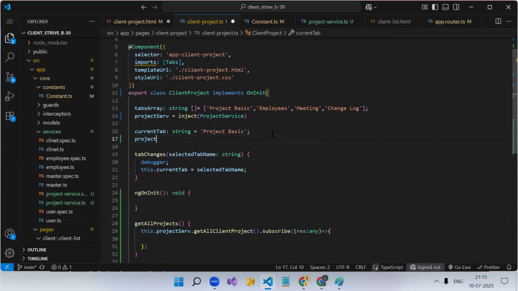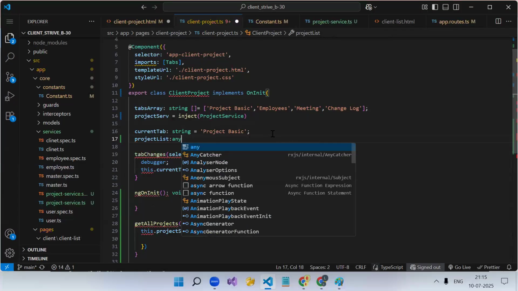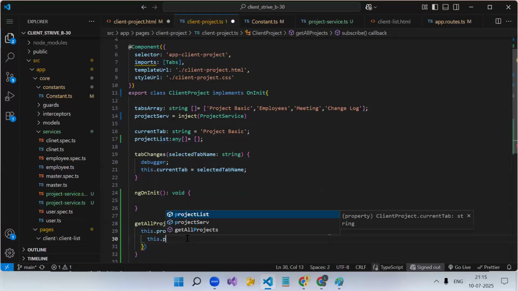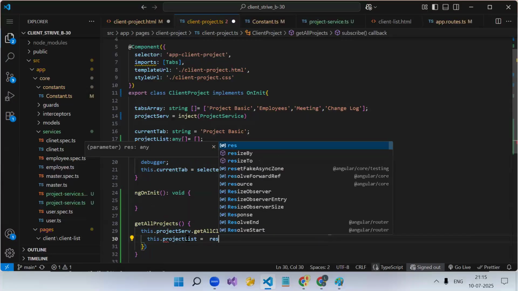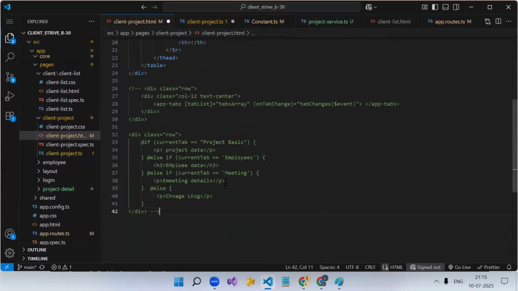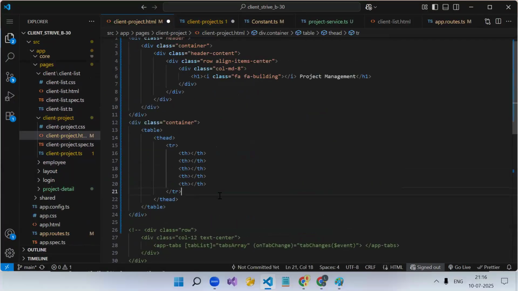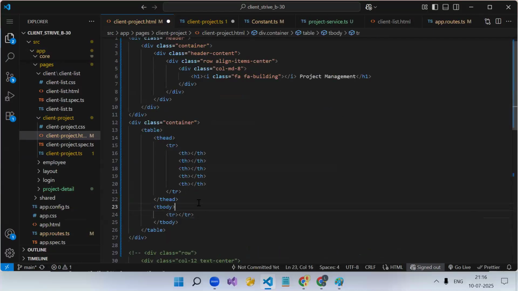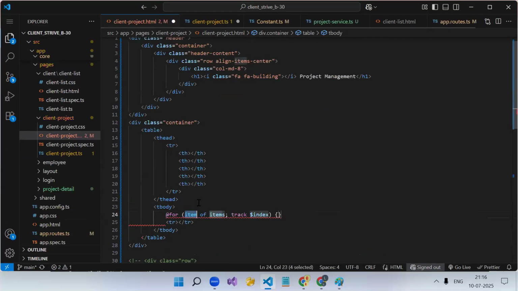So project list colon any, this dot project list is equal to res dot data. Okay. Now whatever the data we get, that we need to iterate onto the HTML. So thead, then tbody, tr, at the rate for loop on this variable,